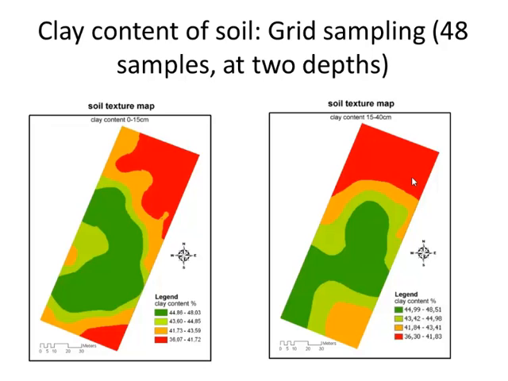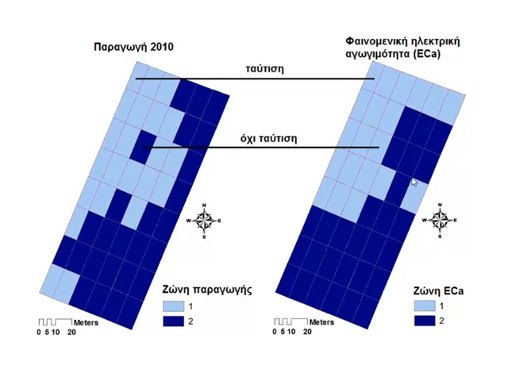The problem was that this vineyard was organic, so we could not apply different fertilizers. What we have done is use it to do variable irrigation. Here you can see the map of electrical conductivity and the map of yield. So you can see quite easily that electrical conductivity is correlated with yield. And this is a way to compare maps.